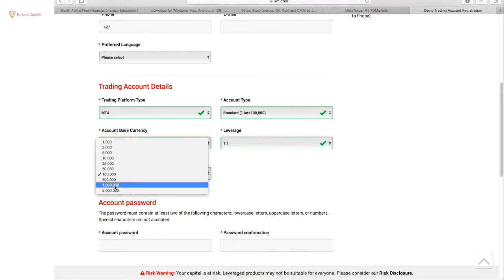The demo account needs to mirror what you plan to do in your live account as much as possible. So keep it realistic. If you're going to deposit about 5,000 rand, then put 5,000 rand in your demo account. If you're going to deposit 10,000 rand in your live account, then put 10,000 rand in your demo account. Don't put 10,000 rand in your demo account if in your live account you can only afford to put 1,000 rand. So be very realistic in your demo account so that you have realistic expectations and you can